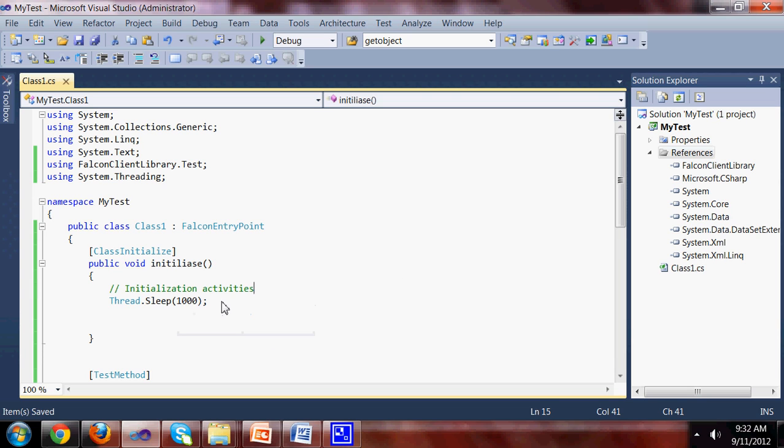Then again I'm putting a sleep in it, and it's an initialize. Okay,